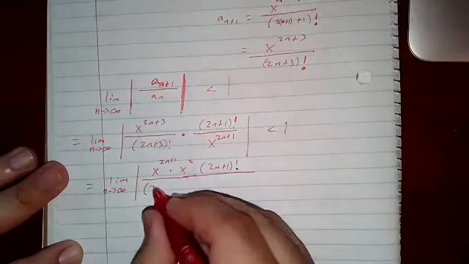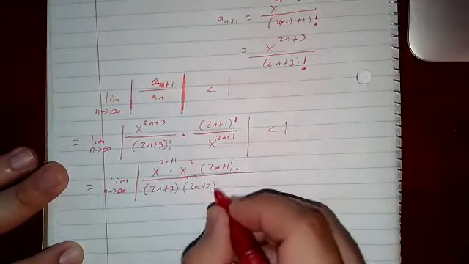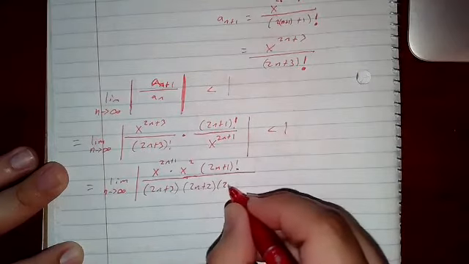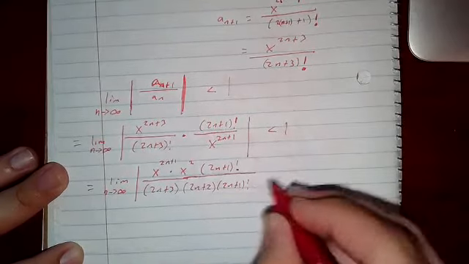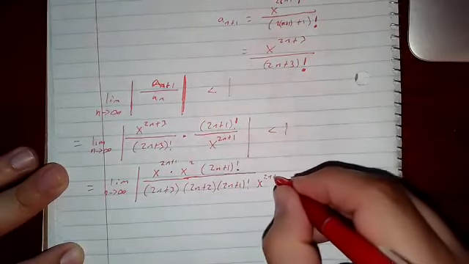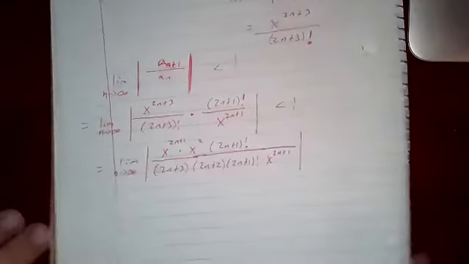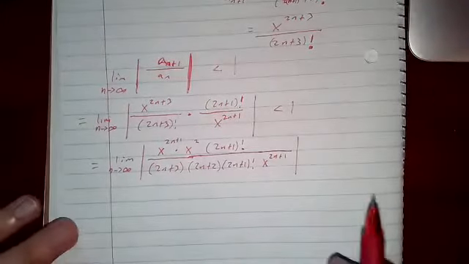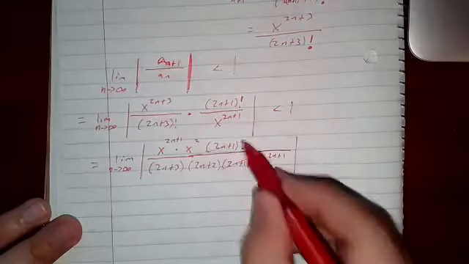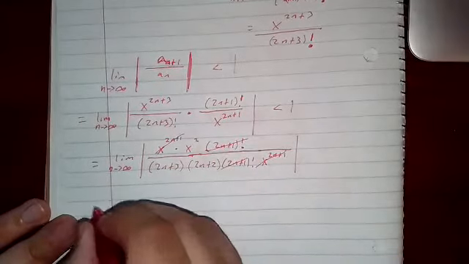Now expand this guy. And then we'll cancel the factorials, the x part, and then we'll see if that is still less